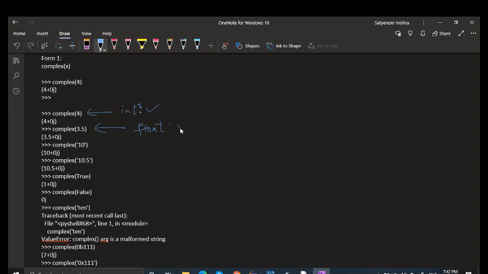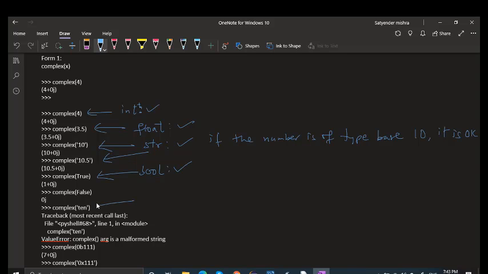Float is also fine, right? String is fine, right, if the number is of type base 10, it is okay. For bool, it is working fine, right?